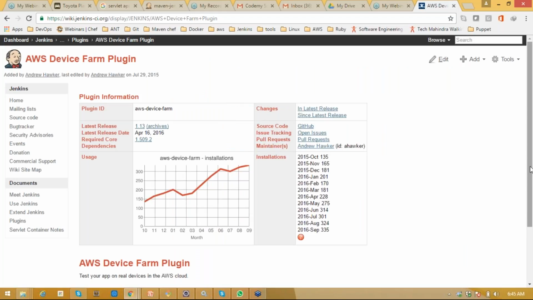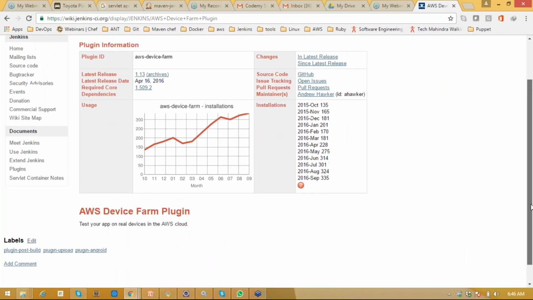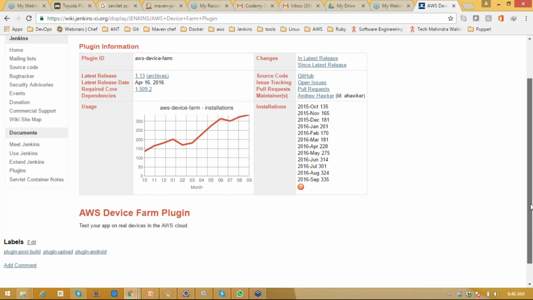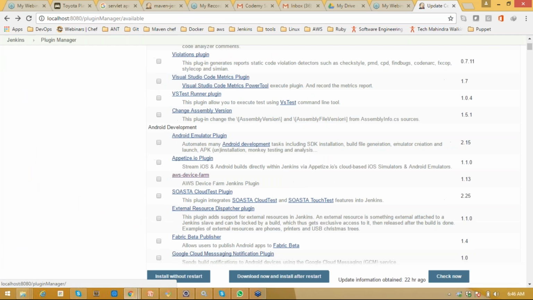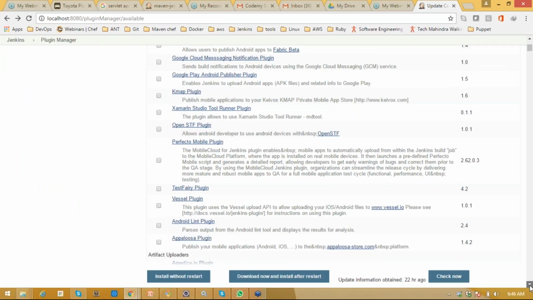What is this? How can you use this? They give you all those details. If you require, you can see that: test your app on real devices in the AWS cloud. If you want, you can go with this. Then there is the SOASTA CloudTest plugin, which integrates SOASTA CloudTest features into Jenkins. In that way, they add n number of plugins